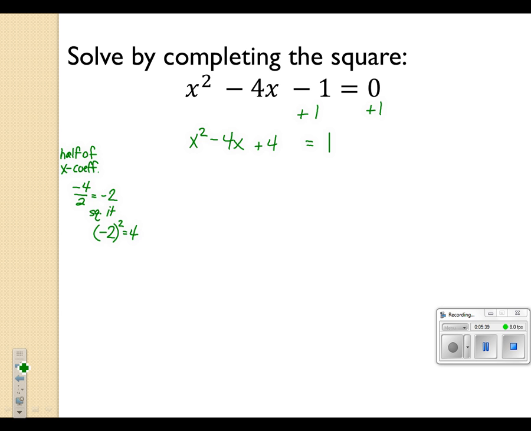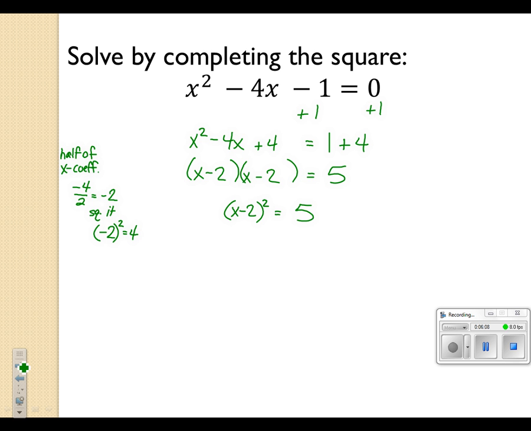Now, you guys all know from algebra that if you're going to add something to one side of an equation, you have to also add it to the other. So put a +4 on the right as well. Now factor. If we factor that trinomial, we're going to have an x minus 2 and another x minus 2. That's what we were going for. We wanted to be able to factor it into a squared term. So rewriting that,